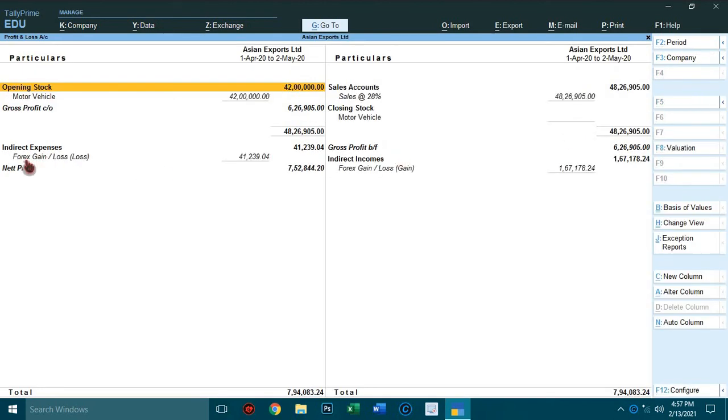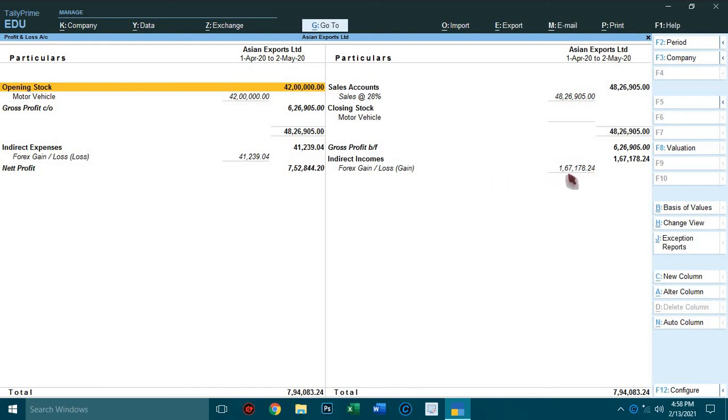See here, forex gain or loss 41,239.04. So this is the loss from Sony Incorporation. Forex gain or loss gain 1,67,178.24. This is the gain from Procter and Gamble.